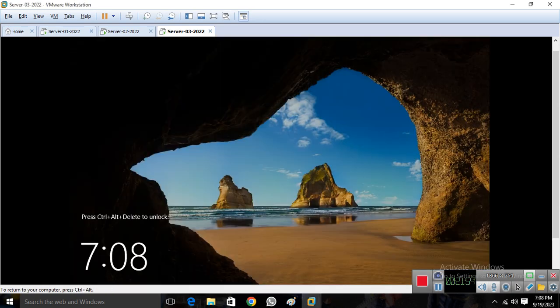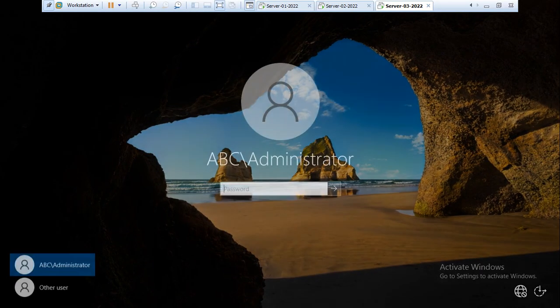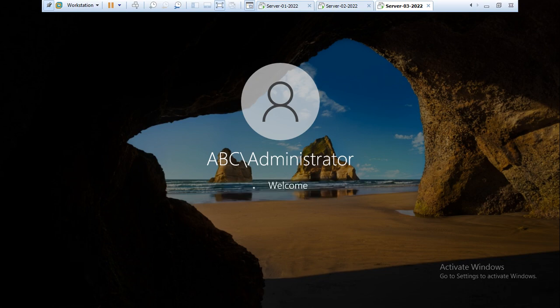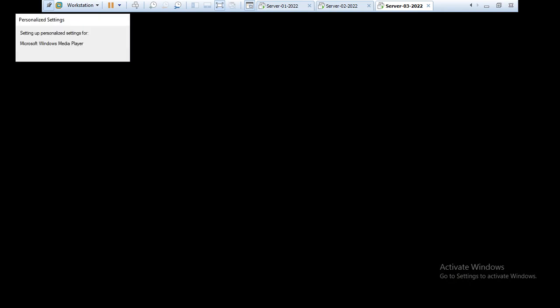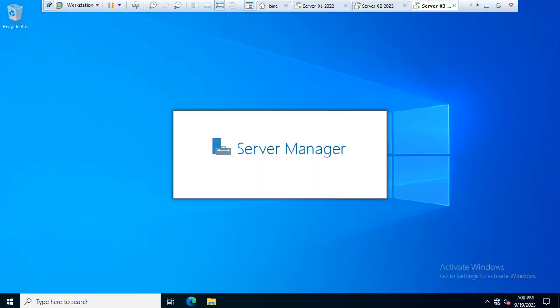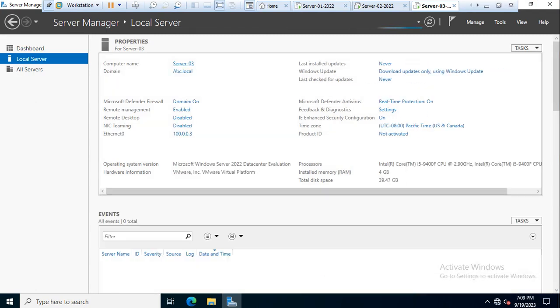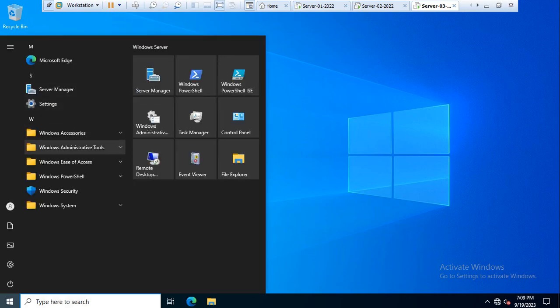Okay, now you can see the server has started. Right now I'm on server 3. I open my servers, and as you can see it shows ABC again, because the ADC has its own domain copied from the PDC. Now you can see I'm working on server 3, and the domain name is the same, abc.local. If I go to Start, click on Admin Tools,